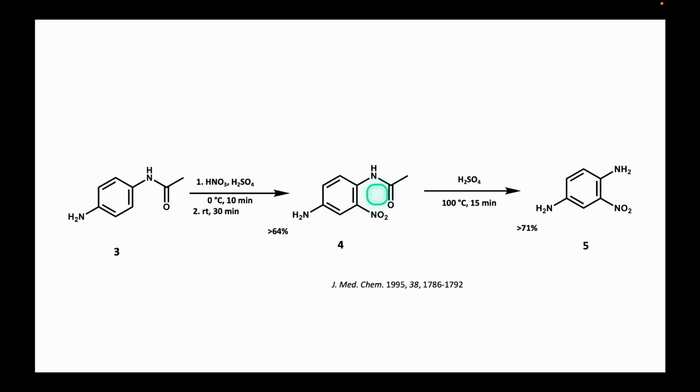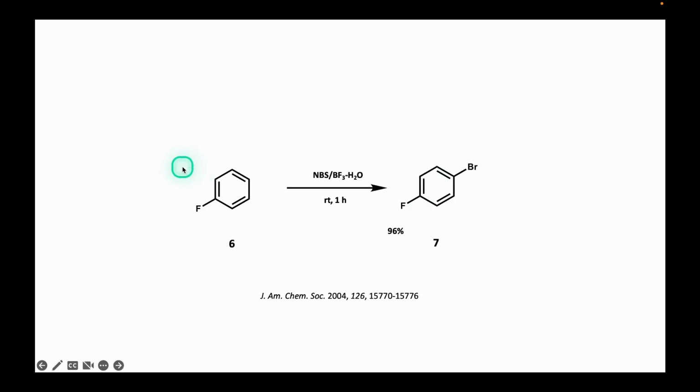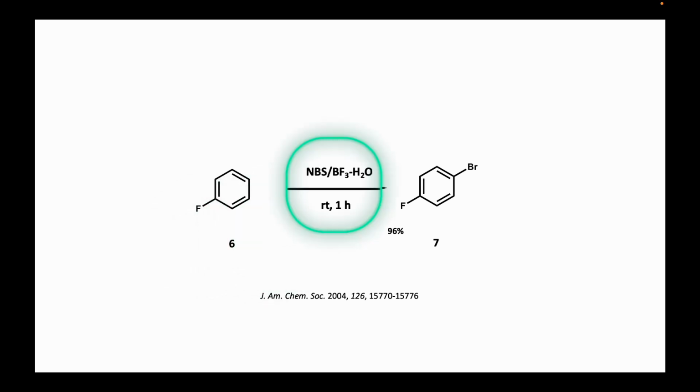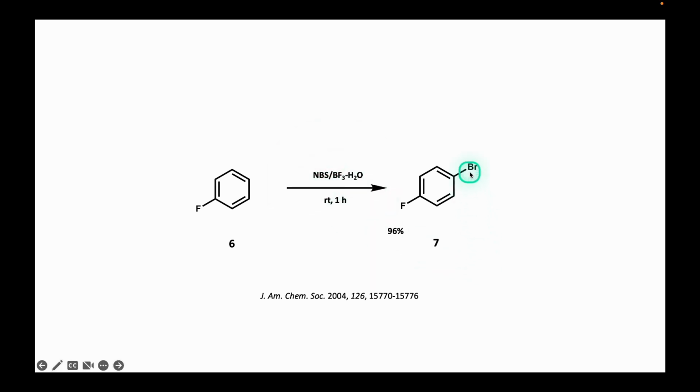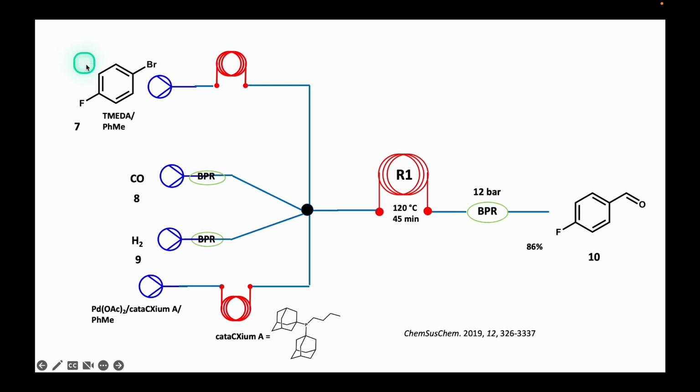The acidic hydrolysis of the acetamido group yields nitrophenylenediamine 5. On the other hand, to prepare para-fluorobenzaldehyde, fluorobenzene 6 is regioselectively brominated using N-bromosuccinimide activated by the action of hydrated boron trifluoride to generate para-bromofluorobenzene 7. The reductive carbonylation of the aromatic ring of compound 7 is carried out using flow chemistry techniques with